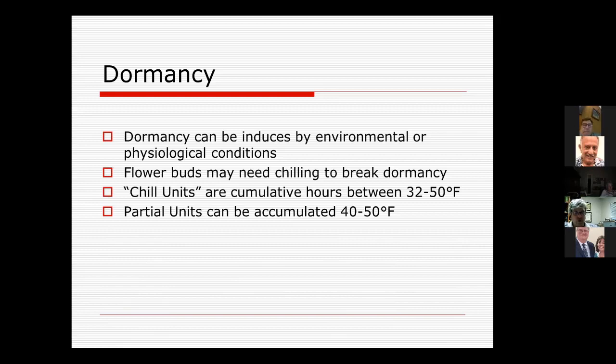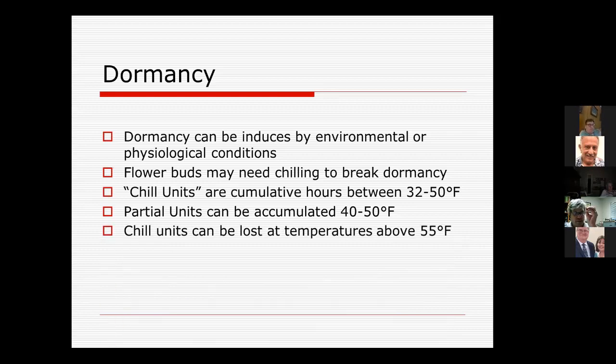So the lower the temperature, closer to 32, the higher the chill unit accumulation per hour. And then once you get above 55 degrees, you start losing chill units. When you have those warm days, you start losing the chill units that had been acquired. If you didn't get enough before that starts happening, then you have to have more cold weather to help release those flower buds. So again, those warm winters, when you get hot and cold, you can accumulate chill hours and then lose them. So there's a lot of models that are created that look at the temperature and the duration